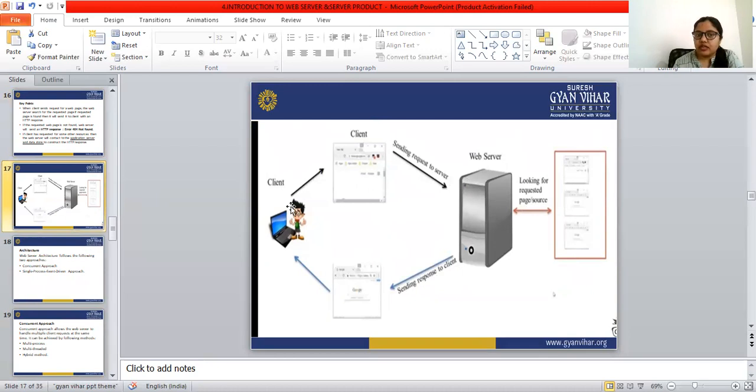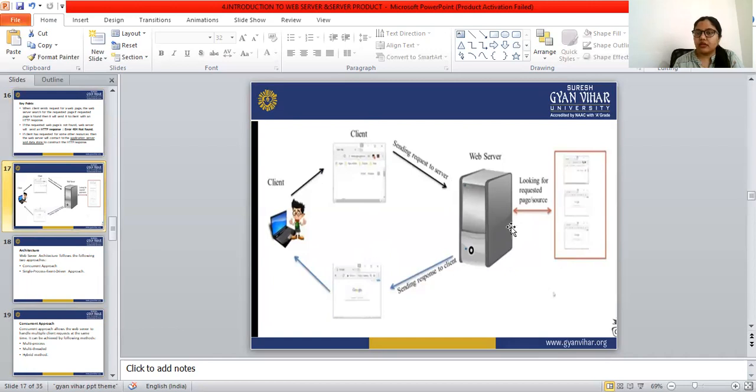So here the client searches Google, that URL is sent to the web server, and the web server finds the requested web page. After finding it, the server sends the response to the client.